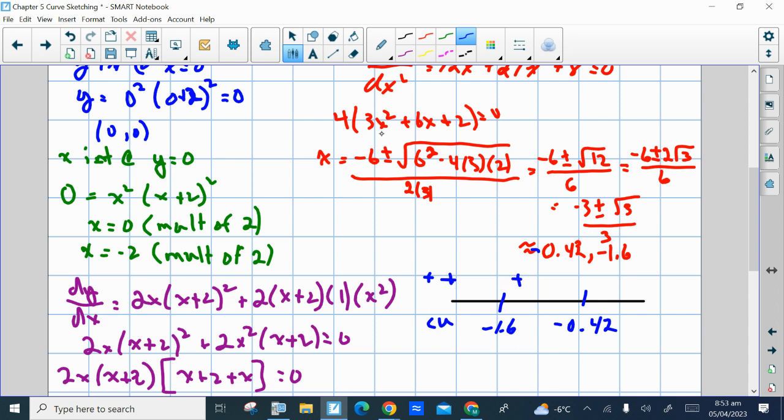When x is negative 1, negative 1 squared is 1 times 3 is 3. Take away 6 is negative 3 plus 2 is still negative 1. So the graph is concave down in that interval. A number to the right of negative 0.42 could be 0. And when that happens, both factors are positive, so the graph is concave up there, which means we have inflection points